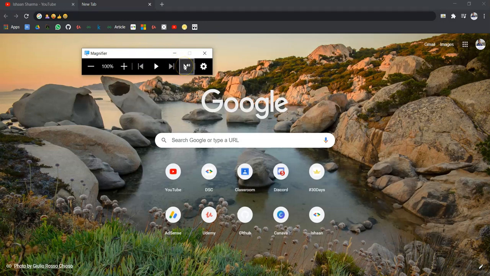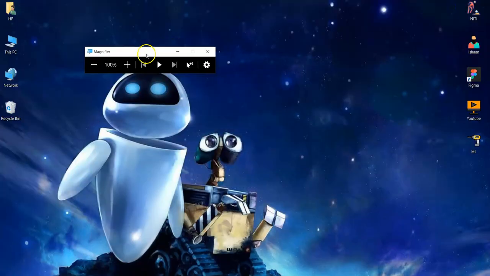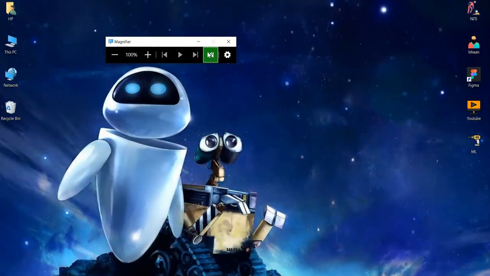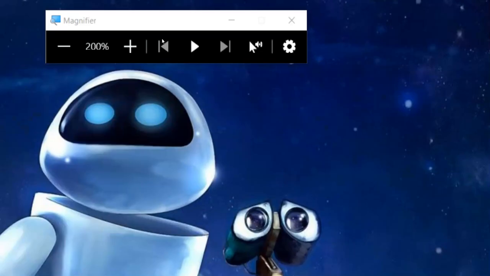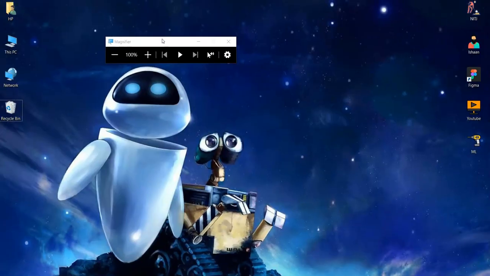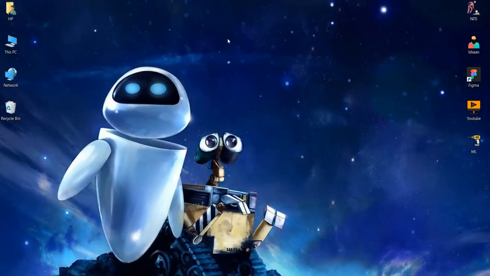Now here we click and then it will speak what is written on that. So click on it now. Recycle bin. Yes, so you can click on Windows and then plus to zoom in, and then Windows minus to zoom out.